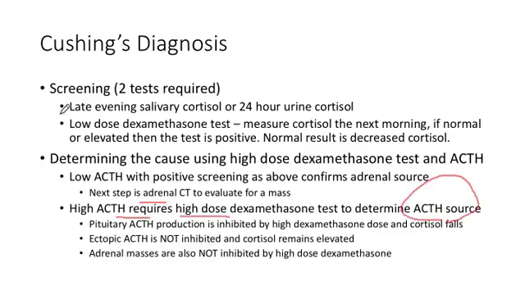And one thing I want to point out again is that you don't do a high-dose dexamethasone test initially. You have to do a low-dose test first, and a high-dose test is only done when we need to figure out where the ACTH is coming from. So with the high-dose test, if the source is from the pituitary, it's going to be suppressed. So low ACTH after the high-dose test is going to confirm that we have Cushing's disease. However, if we did the high-dose test and it's still not inhibited, then bingo, this is an ectopic ACTH, and it's probably small cell lung cancer, and you should probably do a chest CT to diagnose a lung cancer.